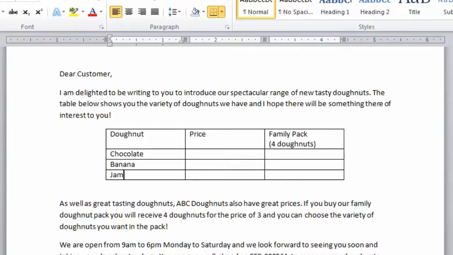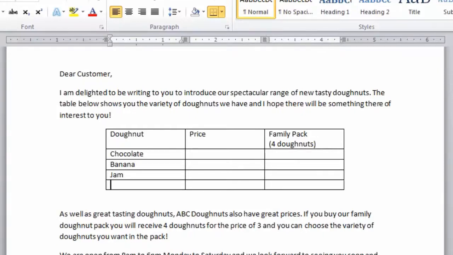So here I can press the tab key to move across, and as soon as I press it again in the last cell of the table it creates a new row, and I can type in there custard. Use the up arrow key to come to the chocolate cell, press the tab key, and I'm ready to put my prices in. Now as it happens, the price for the single donut and the family pack are all the same, so I'm going to type in there $1 for a single donut, tab across, type in $3 for a family pack donut,